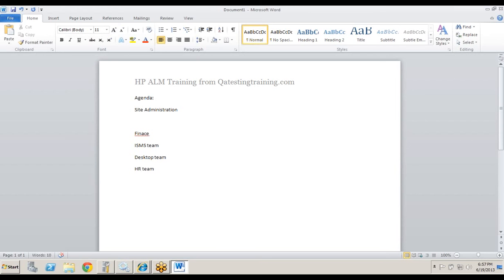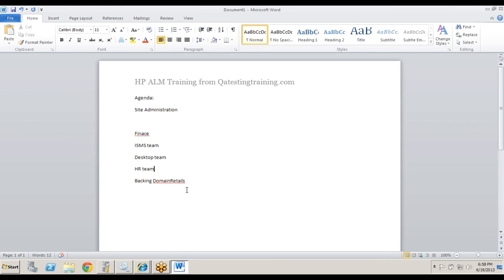Finance team will be there, ISMS team will be there, and desktop team will be there, HR team, or some companies may opt for quality testing. Some of the projects they may be working on banking domain,